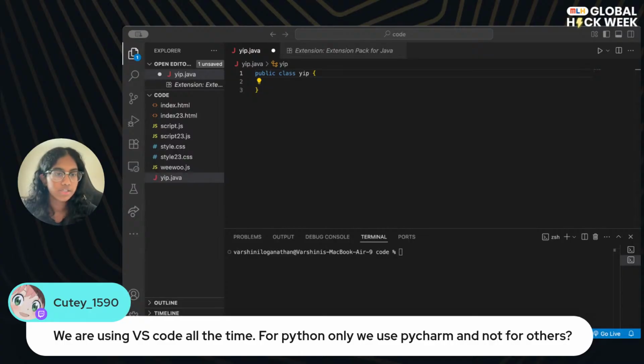We are using VS Code all the time. For Python, only we use PyCharm and not for others. You can use any IDE for your code. I just really like using VS Code, but you can use Python in VS Code. You just have to get the Python extension. You can use PyCharm. I think people do prefer to use PyCharm for Python, but we just use VS